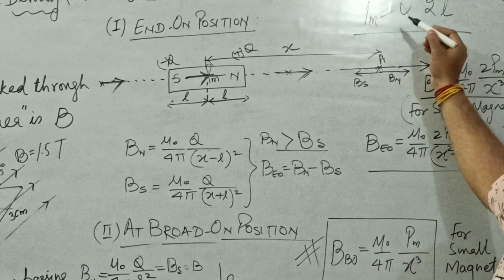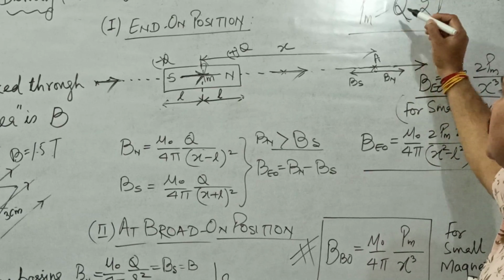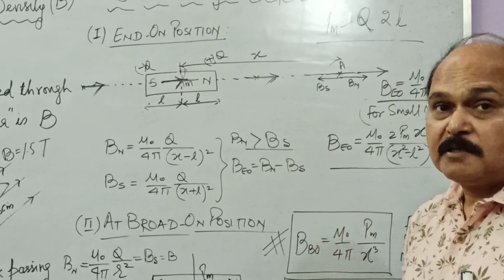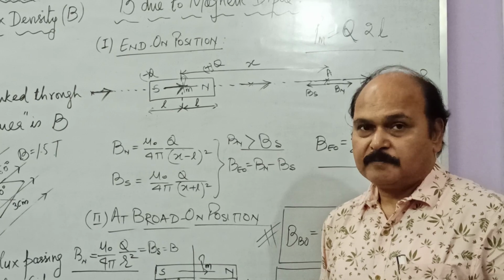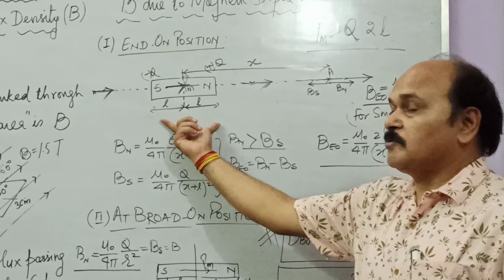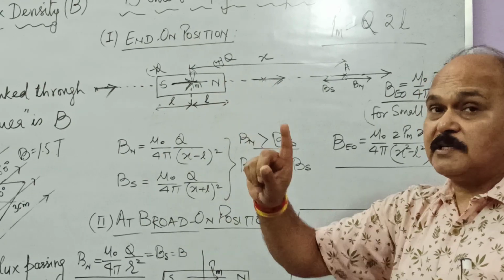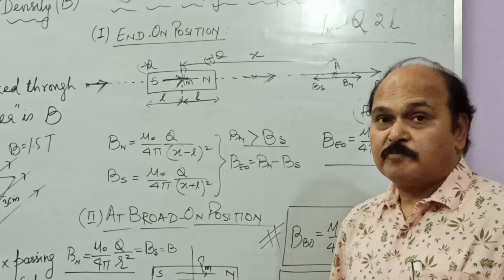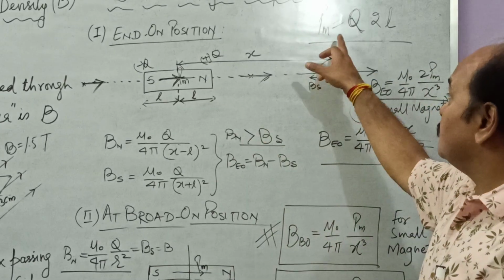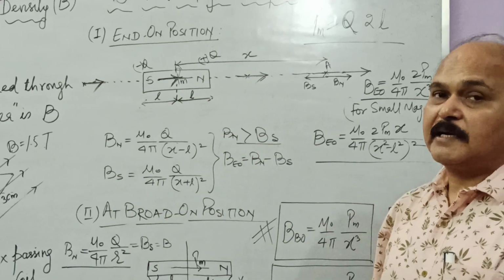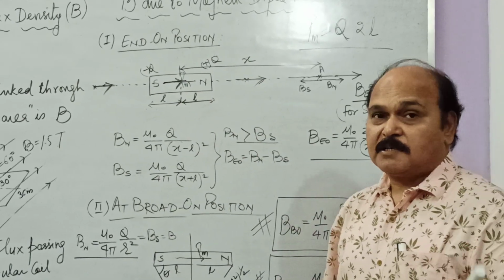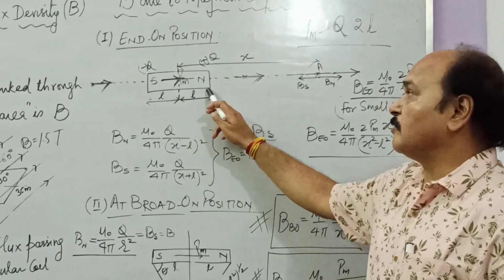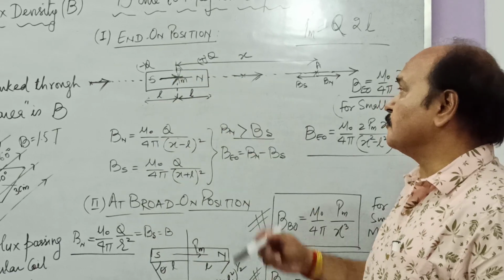What is P? P is magnetic dipole moment, and this magnetic dipole moment is Q into 2L. Remember, this Q is not charge. This Q is pole strength of the bar magnet, and 2L of course is the separation between the two poles. So this Q is not charge, but still it has been written with letter Q just to stress the fact that this Q is analogous to charge of electrostatics. Whatever is the status of plus charge and minus charge in electric dipole, same is the status of this north pole and south pole, pole strength plus Q and minus Q.